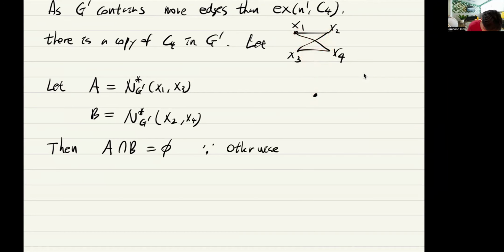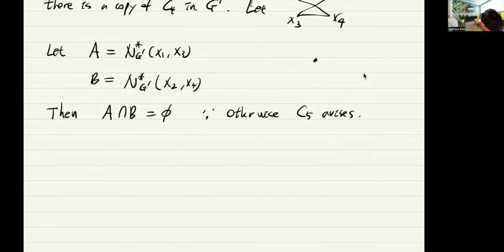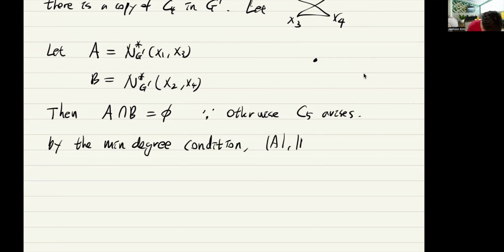Otherwise, C5 arises. Also, by the minimum degree condition, we know that A and B have size